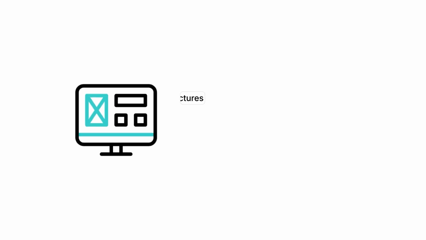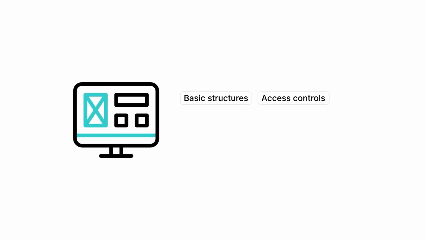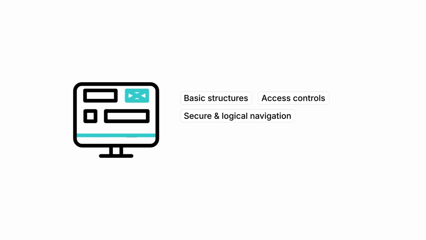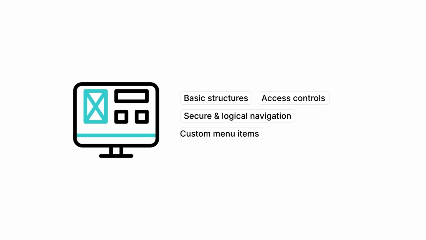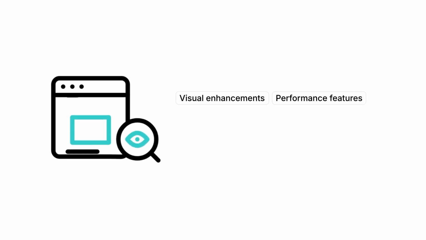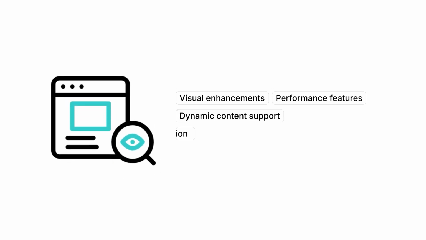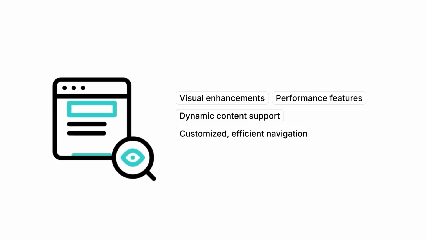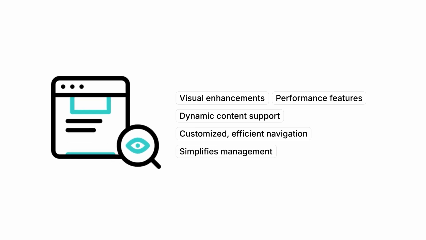Here are essential strategies for configuring and modifying the Magento 2 admin menu to enhance user experience. Define basic structures and access controls for secure, logical navigation, while custom menu items and mobile optimization ensure responsive and intuitive access. Visual enhancements, performance features, and dynamic content support create a customized, efficient navigation experience that simplifies management and